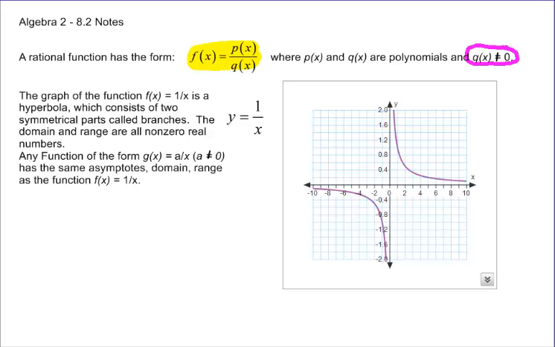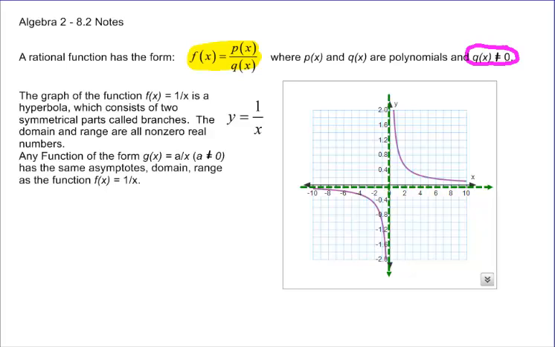And so this is what's called a hyperbola. We're going to talk about that later. And it consists of two symmetrical parts that are called branches, and those are the purple lines. All right. The domain and the range are all non-zero real numbers. So when you look at this, what you've got is a vertical asymptote on the y-axis and a horizontal